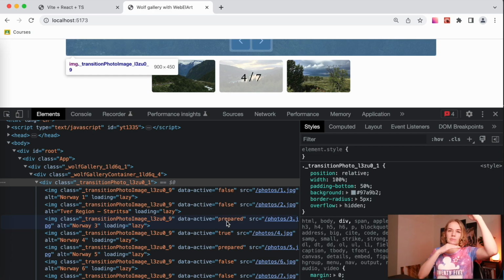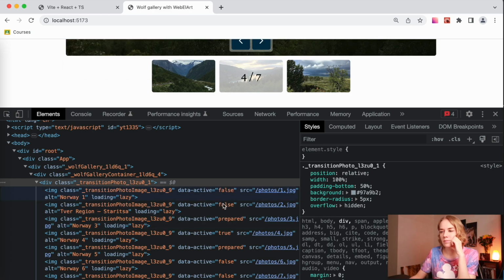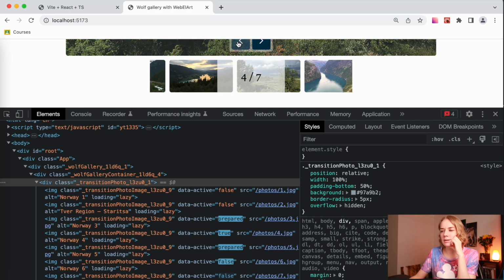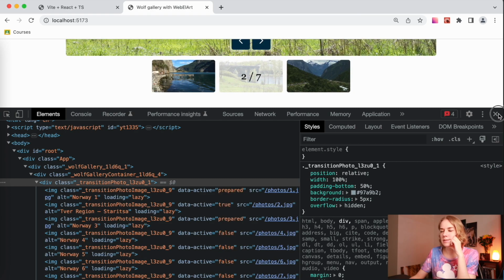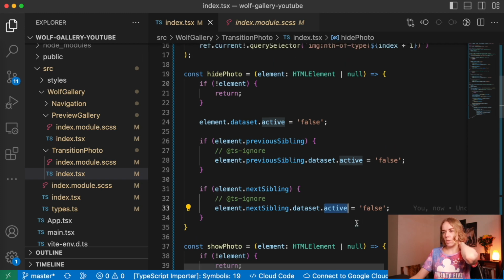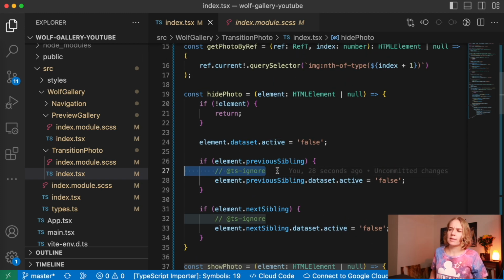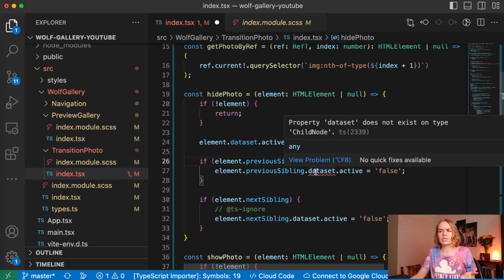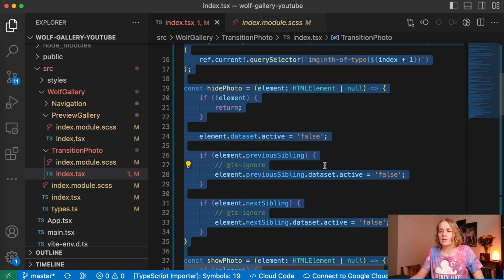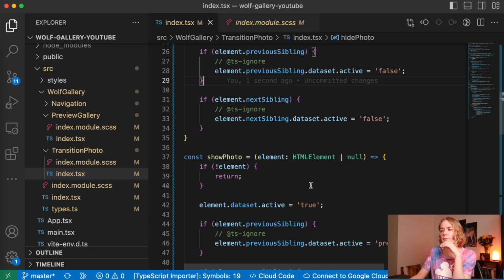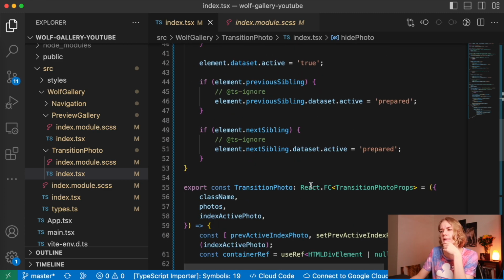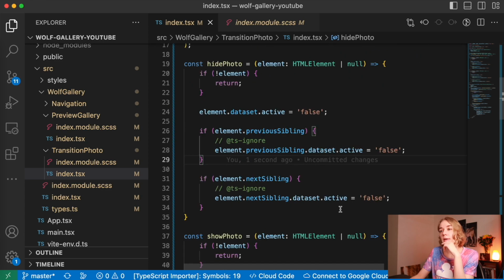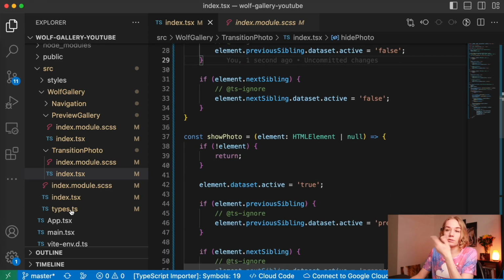Prepare just only siblings, close siblings, false, false, and it goes like that. We go back, it goes back. You see? So I also put here TypeScript ignore just because sibling doesn't have dataset child node, but it does, and I don't really understand why. I decided to put TypeScript ignore. And okay, we have a gallery like that,